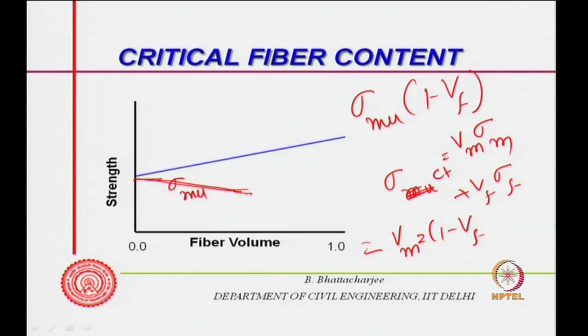But most of the time we use a fiber which has strength higher than the matrix, because you are replacing part of the material. This relationship still remains valid, that sigma composite is equal to V m sigma m plus V f sigma f. So, if V f is equal to 0, it is simply sigma mu, and then V m becomes 1